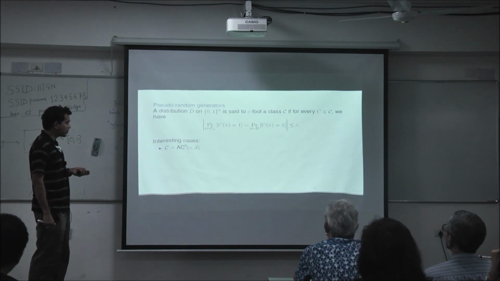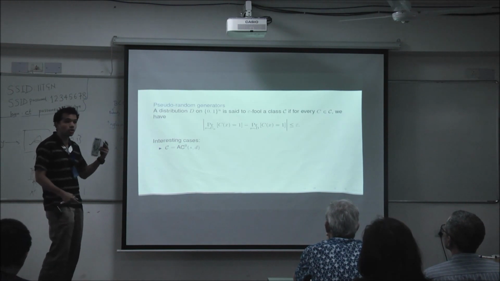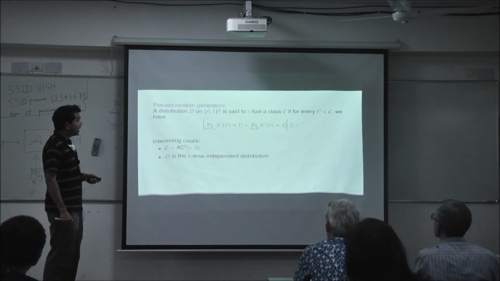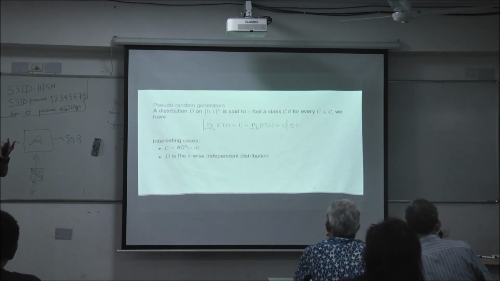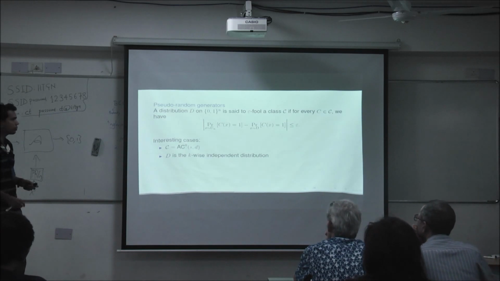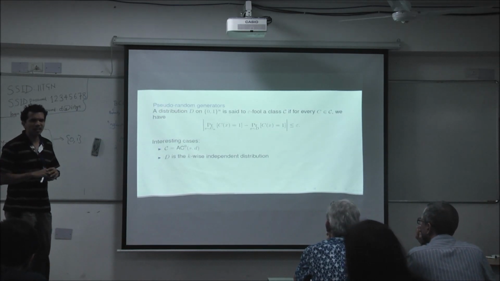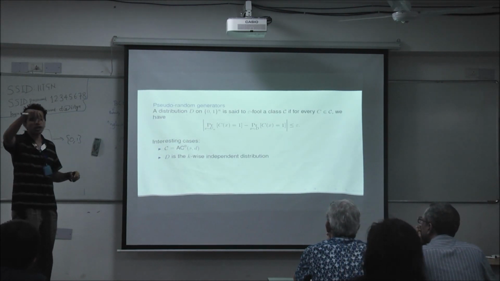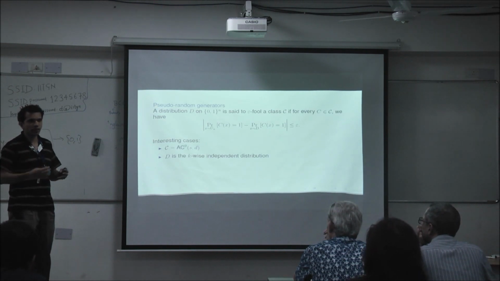So there are some nice interesting cases in which we can do this. For example, the case that we're going to be looking at are AC0 circuits of size S and depth d. So that's the class of algorithms. And the kinds of pseudo-random boxes that we're going to be looking at are standard boxes that are used a lot in algorithms and complexity theory. So they have distributions that are k-wise independent. So what's a k-wise independent distribution? A distribution is k-wise independent if you look at any k coordinates, they look uniform and independent.